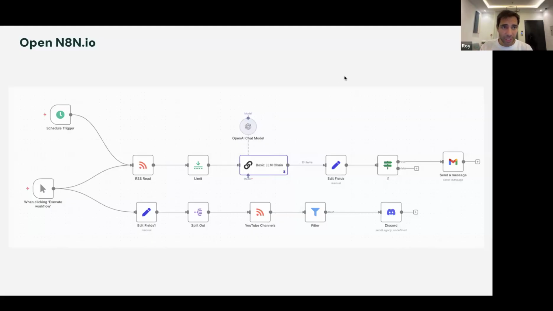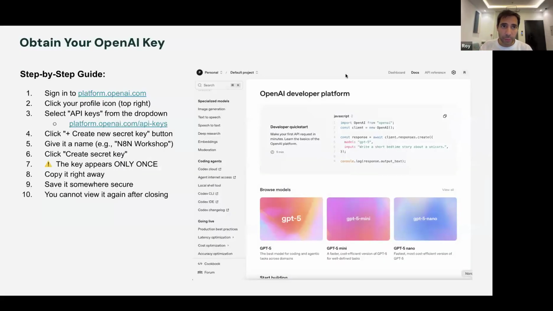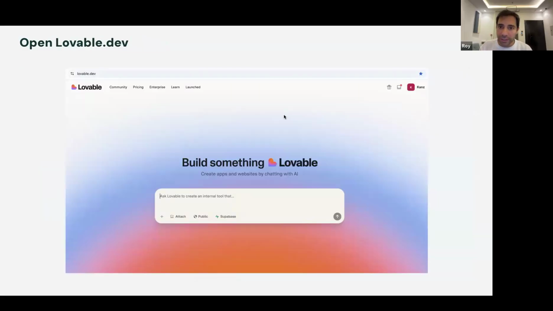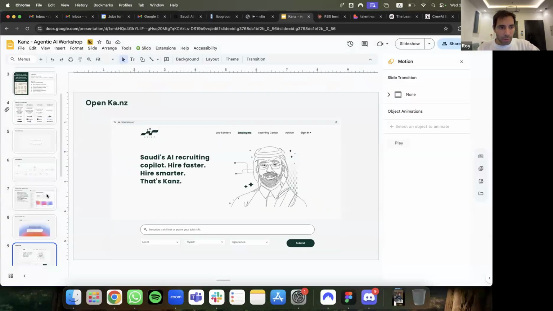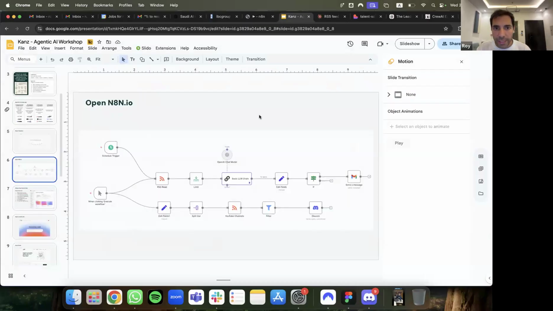After that, we're going to go to additional apps. Then we're going to get to your OpenAI API key. I'm going to ask you to create an API key for your workflow. And after that, we're going to get to Lovable, but you're only going to see some things. Then we're going to get to Ken's so that you can see it all come together. Now, N8N, everybody please dial in, Claude.ai, and n8n.io.